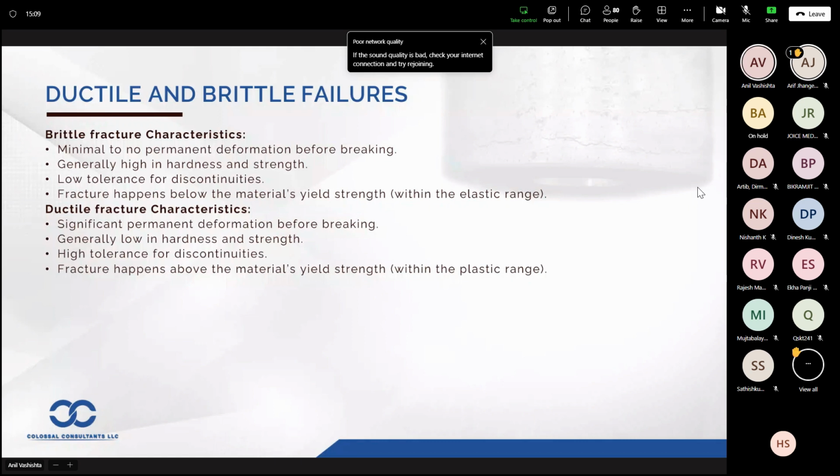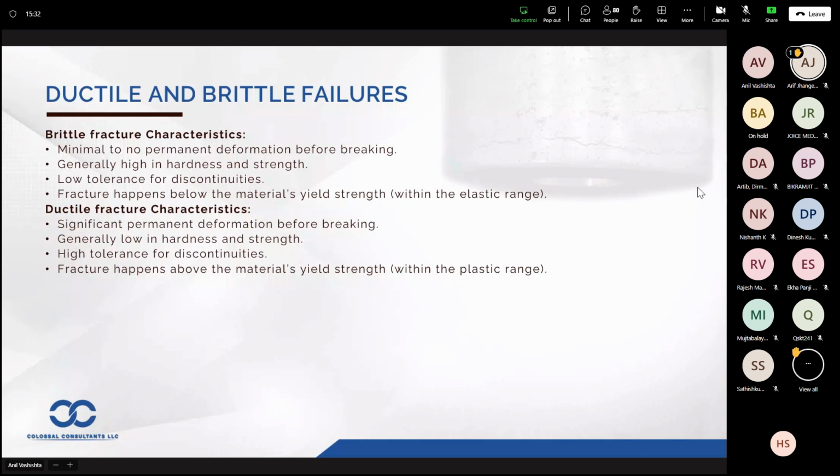Corrosion failures, there are 9 commonly referred failures. One is the aqueous uniform corrosion, then the galvanic corrosion, pitting corrosion, crevice corrosion, environmental induced cracking,